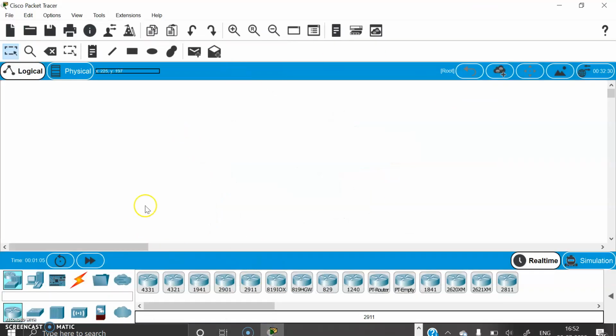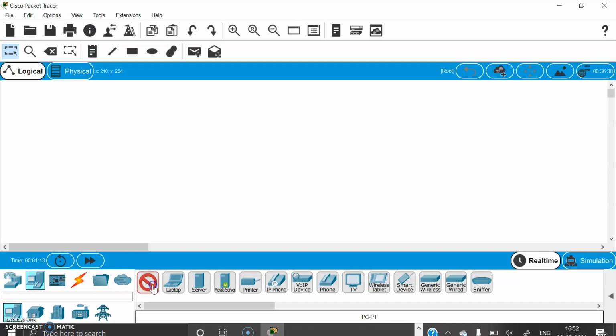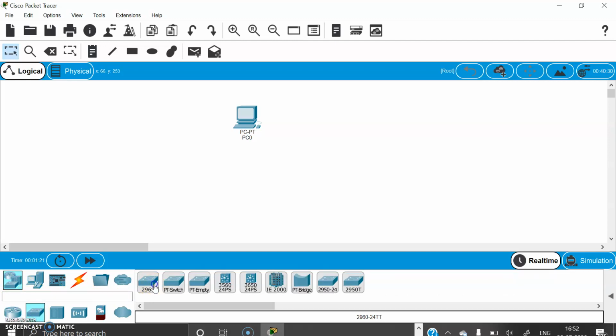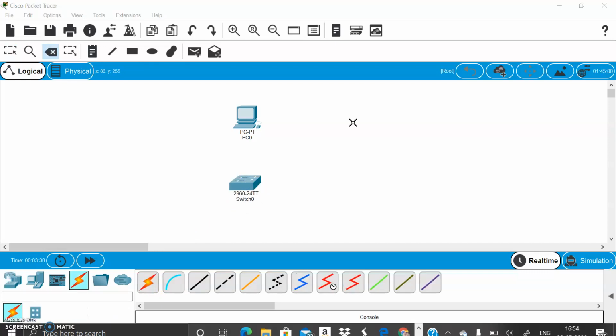So this is the window of Packet Tracer. To start the connections, we need a PC. So this is a PC. Next, we need a 2960 switch. So I will take a switch. So I have to give the connection between these two, the PC and the switch.